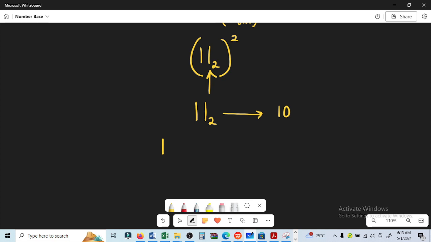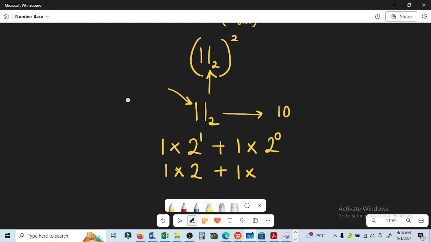So this is 1 times 2, that is, the first number times the base, plus the second number 1 times 2. The next thing, like we've been doing, we label this as 0 and this as 1. Now this is 1 times 2, because 2 raised to the power of 1 is 2, plus